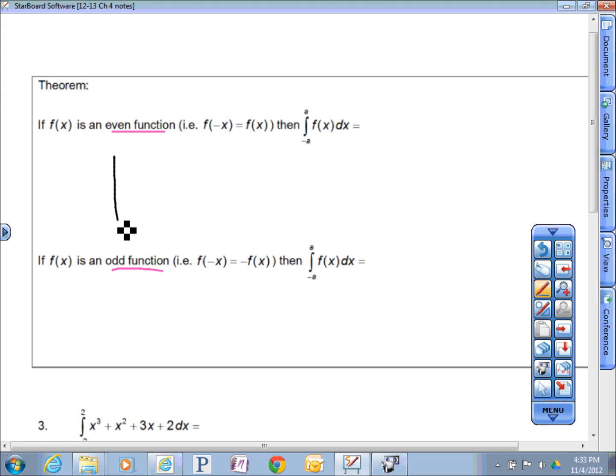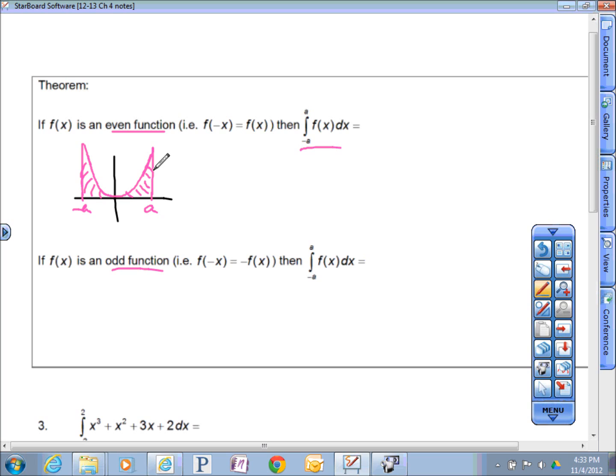If I was going to graph out what an even function would look like, I think even functions, if I remember right, had symmetry across the y-axis. So even function. Well, if I asked you to do the integral from negative a to a of f of x dx, here's the opposite of a, here's a. If I asked you to figure out the area under the curve,